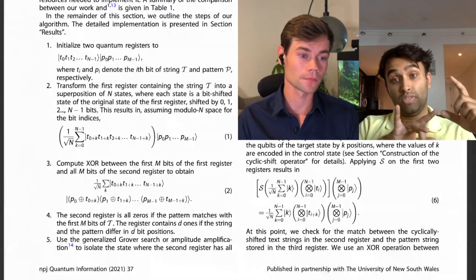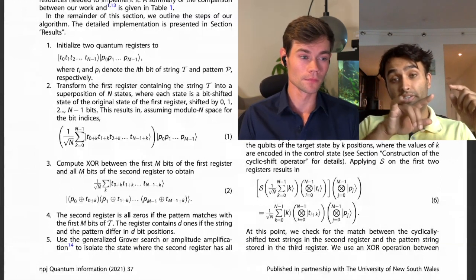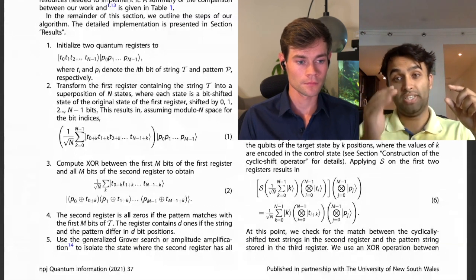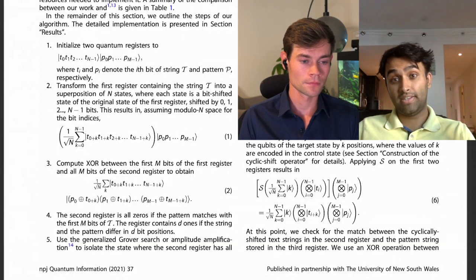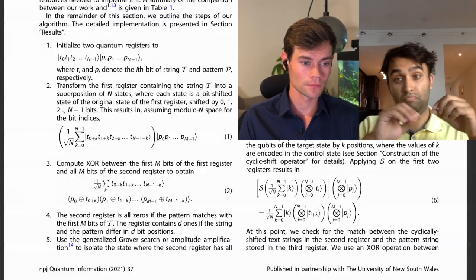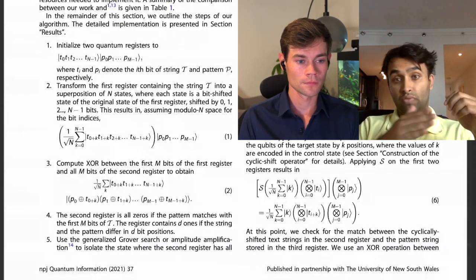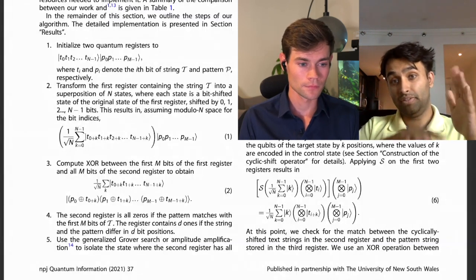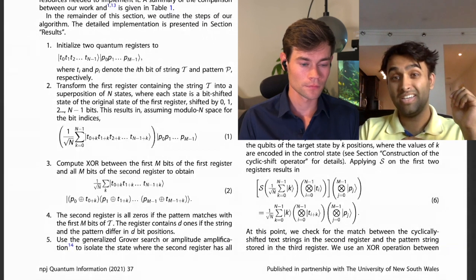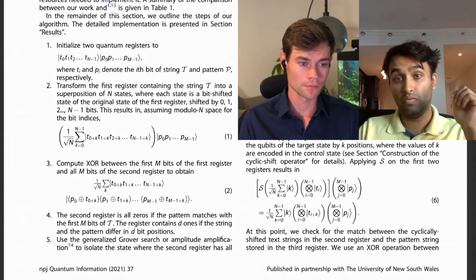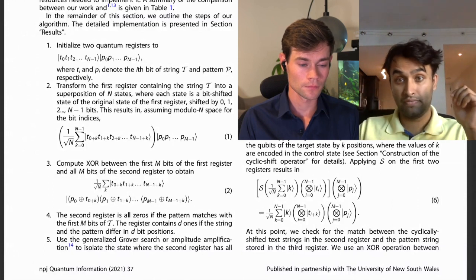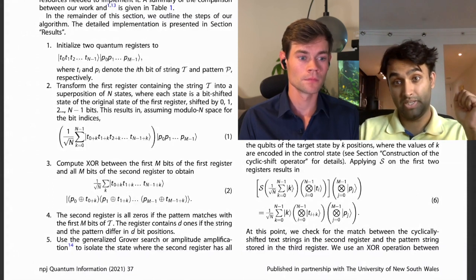So what I would like to do in this case is create a superposition where my string is just rotated one bit at a time. And when I have a superposition of that, I have the string almost completely rotated, shifted by 1, 2, 3, 4, 5. And now when I do a comparison between the string and the pattern, I'm comparing all of those possible rotations, or cyclic shifts, as we call them, at the same time.